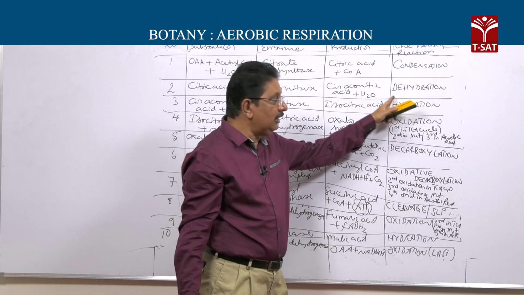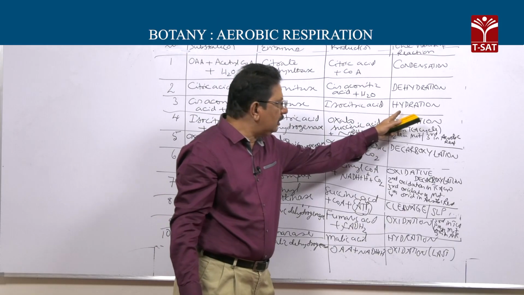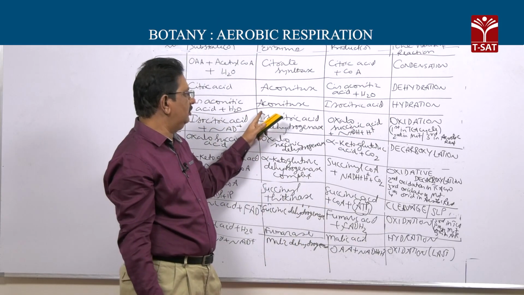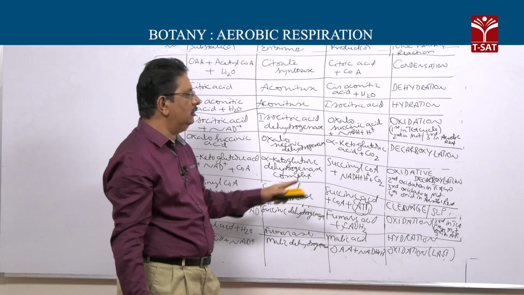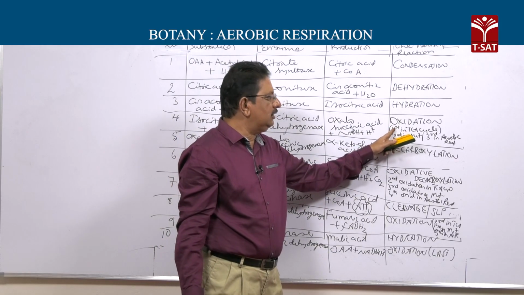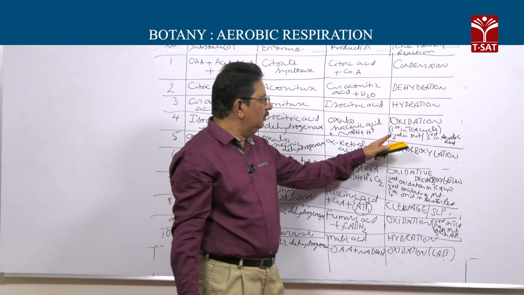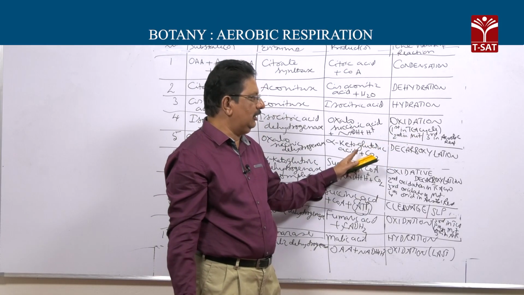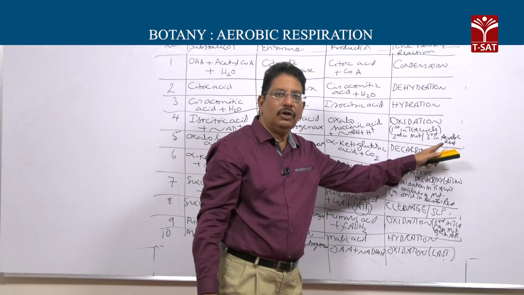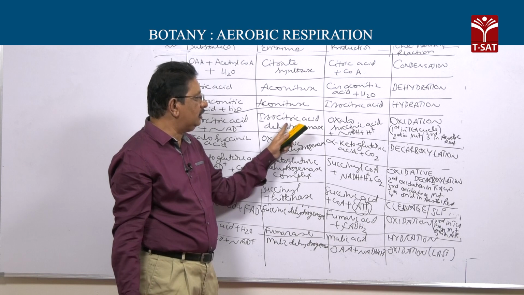Second one is a dehydration reaction catalyzed by aconitase. The third reaction is chemically a hydration, also catalyzed by aconitase, and this one is an oxidation. The oxidation is here: first in the TCA cycle, second in the mitochondrial matrix, third in aerobic respiration, where the enzyme is isocitric